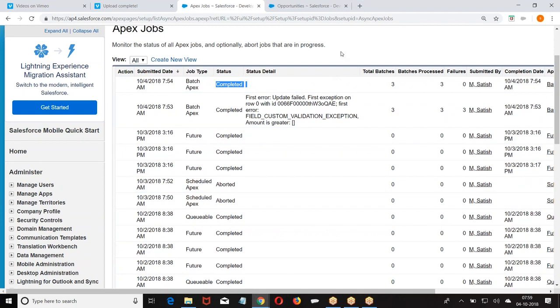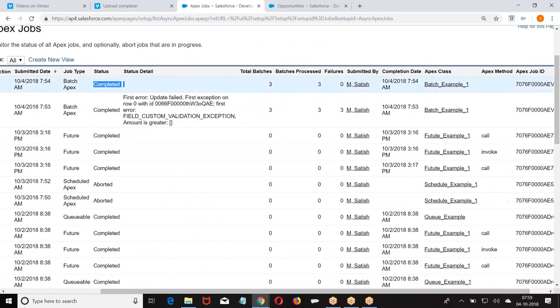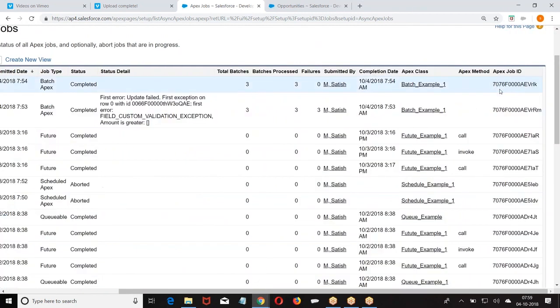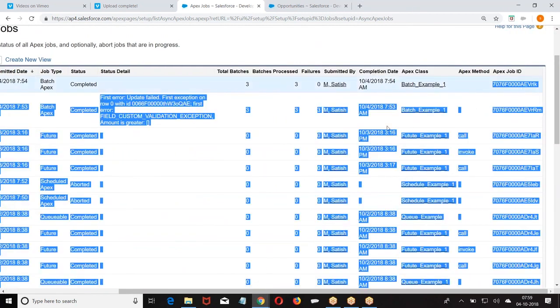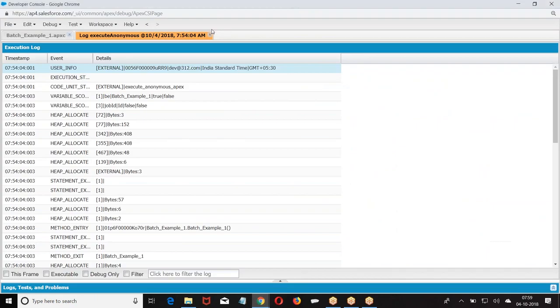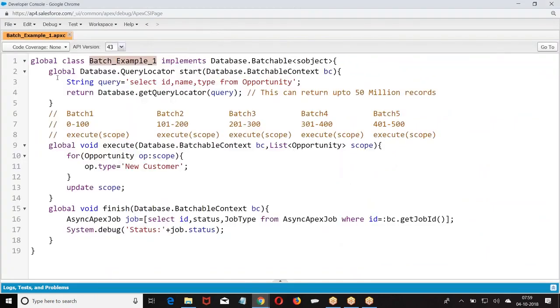Now, it's a job. The job includes everything together. What is the job ID we are getting here? It's a complete job, not a subjob. If you want to know the subjob details, what you are supposed to do is, now, the start method. Start is only one job. The entire job has a start method.